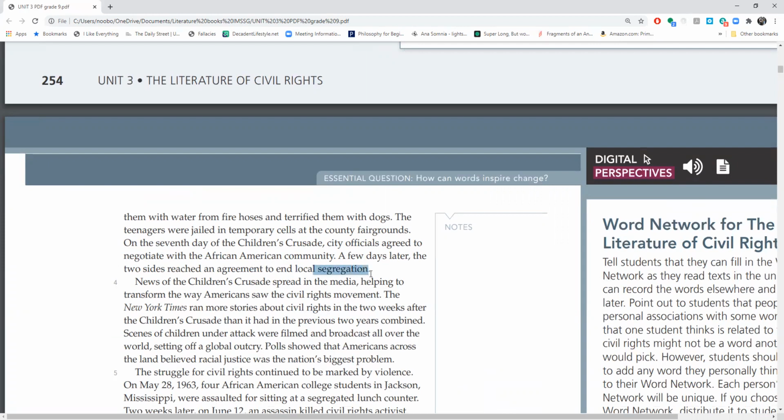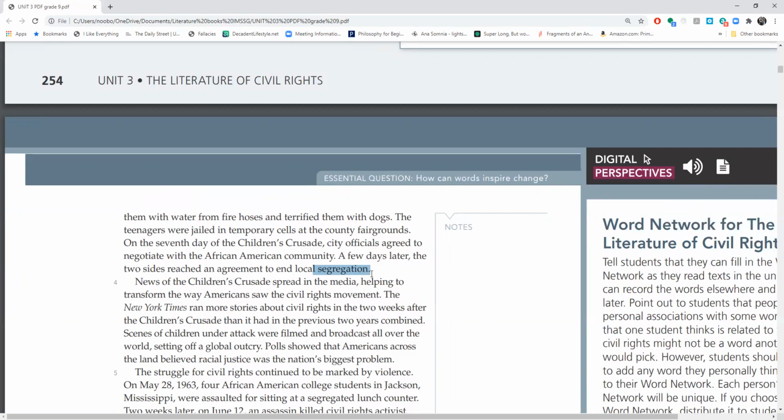Okay, segregation. This is what I was talking about when I said that Black people had different rights. There was this law that existed in America at this time called segregation, and it meant separate but equal. That was the main idea of this law. That means that white people and Black people are allowed to have the basic needs that everybody should have, but the white people are supposed to have their own, and the Black people should have a separate one.